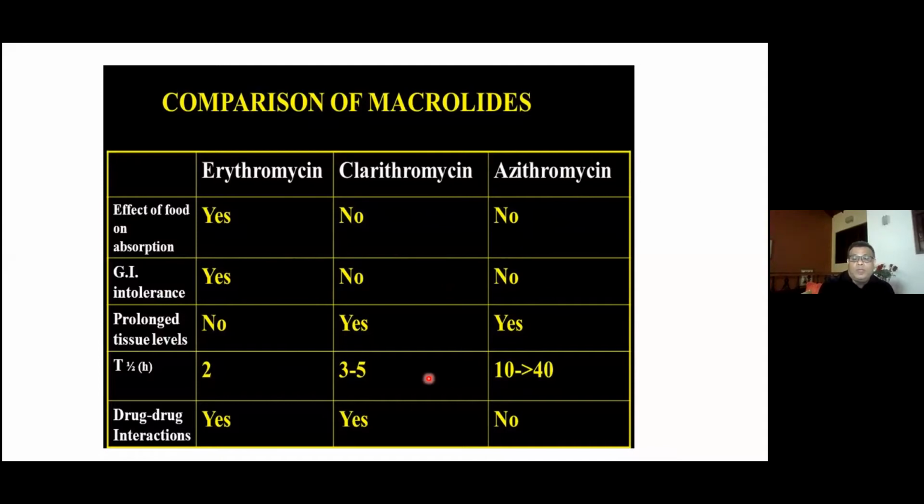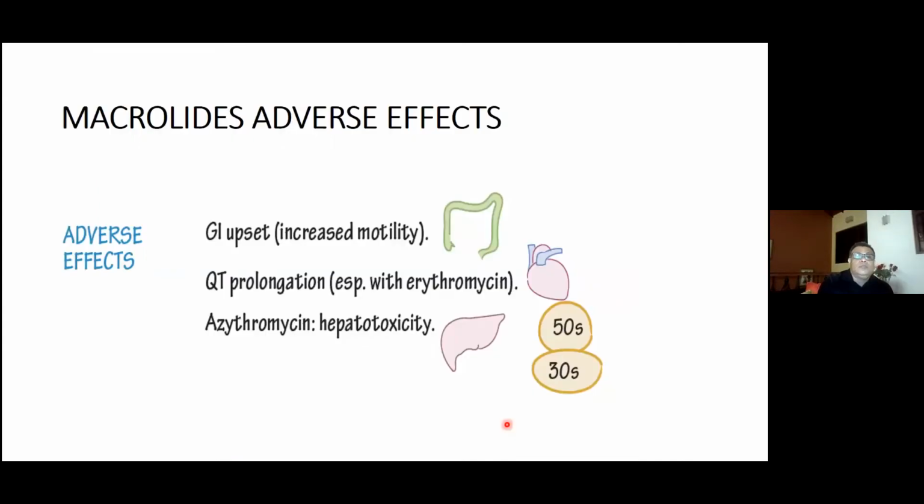So the frequency of antibiotic dosing is less with those, but with erythromycin, you need to give it more frequently than these medications. So for drug intolerance by the GI tract, erythromycin is the worst, but azithromycin has the least effect on the gastrointestinal tract. So the main side effects of the macrolides are gastrointestinal upset: severe nausea, vomiting, epigastric pain, diarrhea, and that kind of GI side effects.